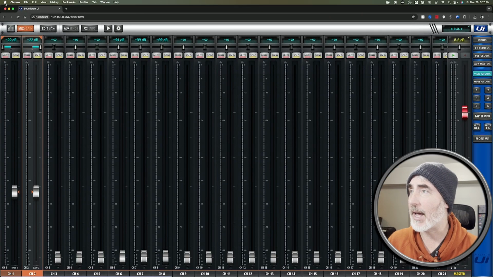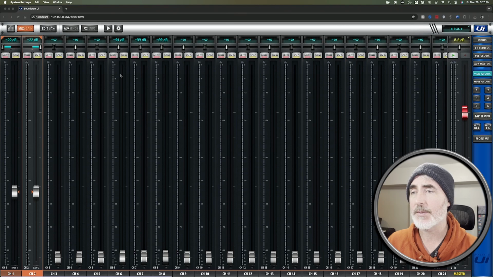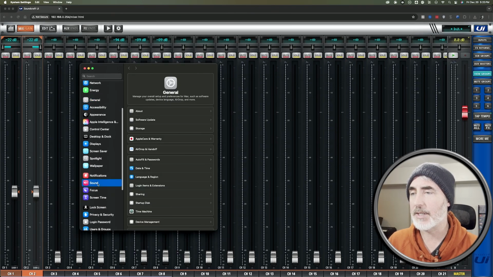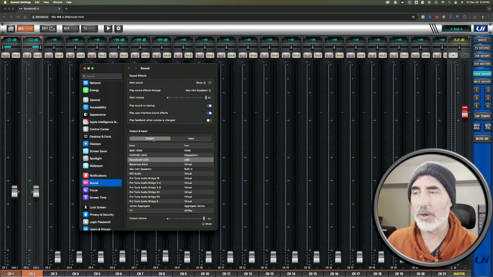The very first thing we need to do before we get into OBS is tell our Mac that we want to output all of our audio to our Soundcraft mixer. To do that, you're going to come up to the Apple menu, go to System Settings, then come down to the Sound tab, and under Output, make sure that you are set to Soundcraft